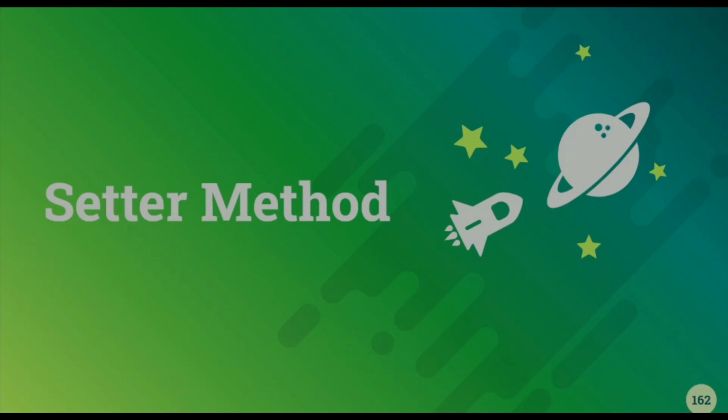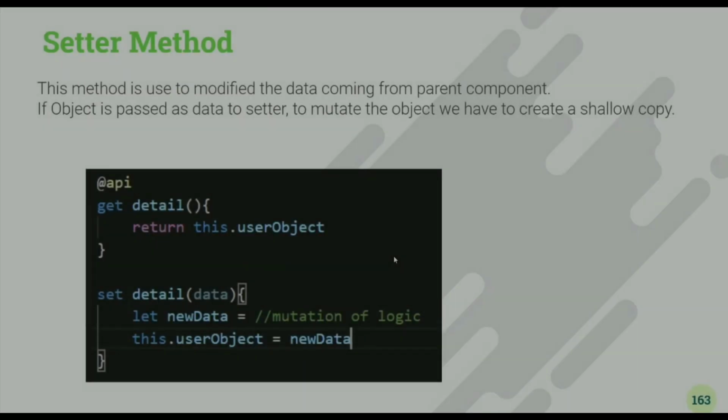About the setter method. This method is used to modify the data that is coming from a parent component. Till now we have seen we can pass the data to a child component, but now there is a scenario in which we want to modify the data that is coming from the parent component, and there we use